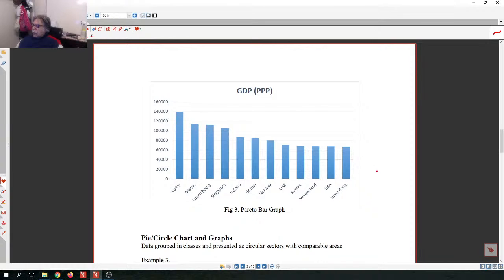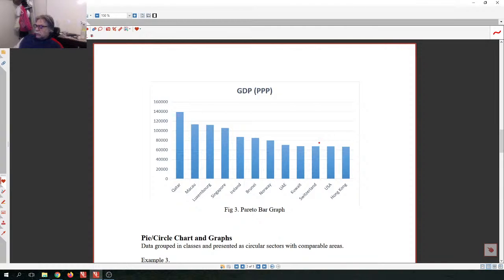Vertical bar graph, but the data is ordered. The data is sorted, meaning that you have the tallest bar. Sometimes it's done from the smallest to the tallest, but this is usually done from the tallest to the smallest. So you have the vertical bar graph for the highest GDP per capita, and then you have the next one, and then the next one, and on you go. So you get some kind of idea